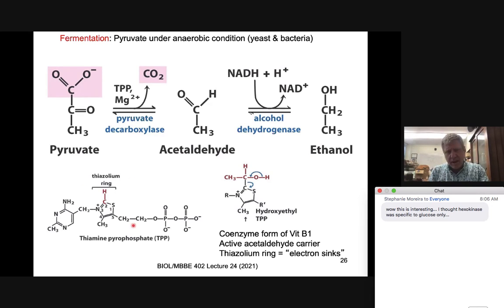And this goes through a particular enzyme system. And we're going to come back to this guy a little later on, the thiamine pyrophosphate, or the TPP. Because we have this thiazolamine ring playing a particular role in sinking those electrons to give you this capacity to remove that particular carbon dioxide and rearranging the backbone to produce a carboxylic acid to an aldehyde to an alcohol. So remember, we have some particular systems that are going to reoccur. So this particular ring provides a bit of an electron sink